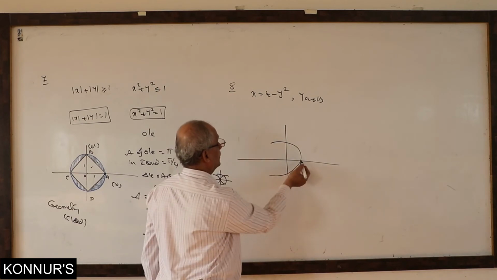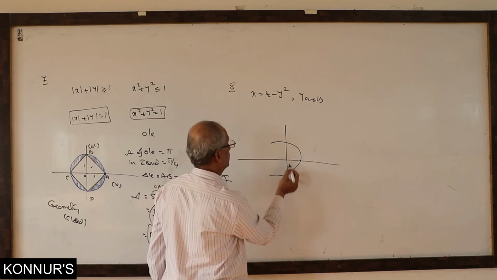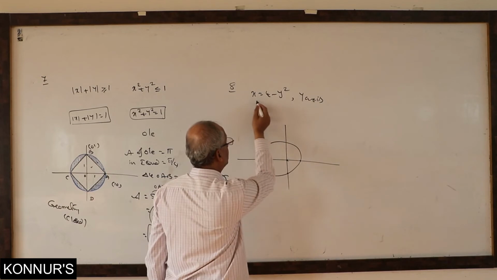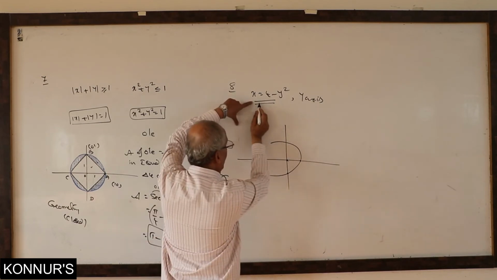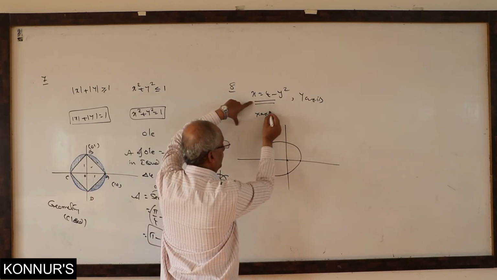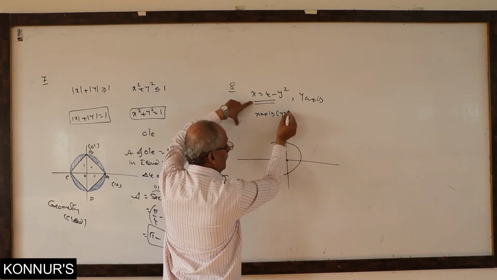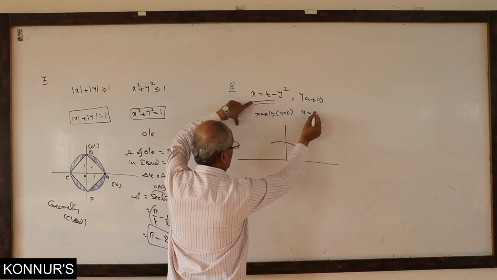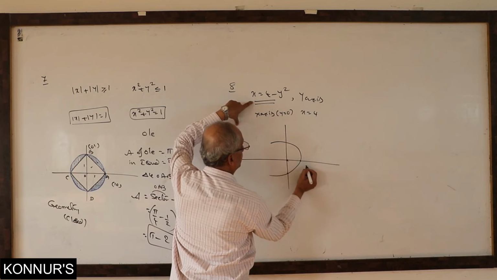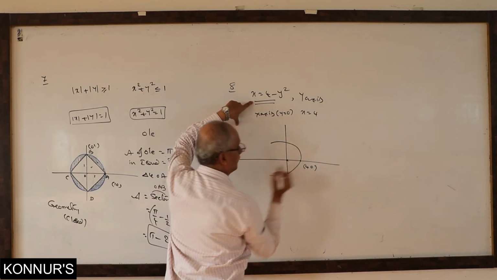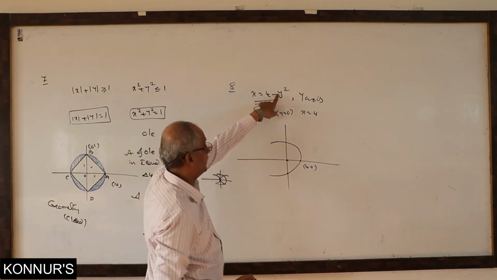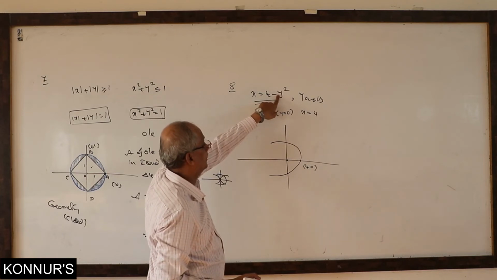How can you understand these limits, correct or not? How can you tally this figure with our function? Consider the x-axis. Y must be 0. What is the x value? 4. Exactly, (4, 0). Even power of y. I told you earlier, it is symmetric with the x-axis.